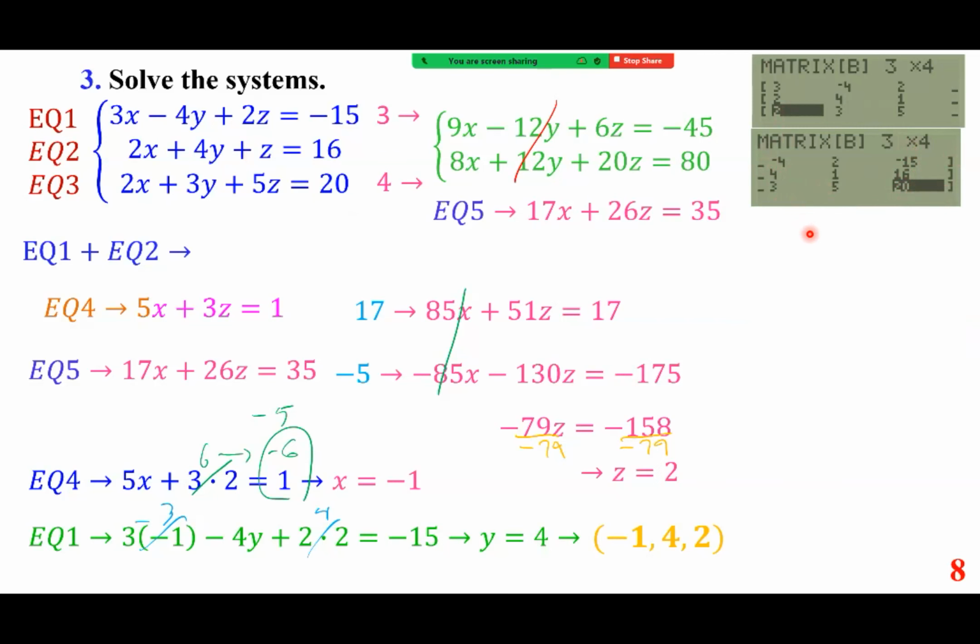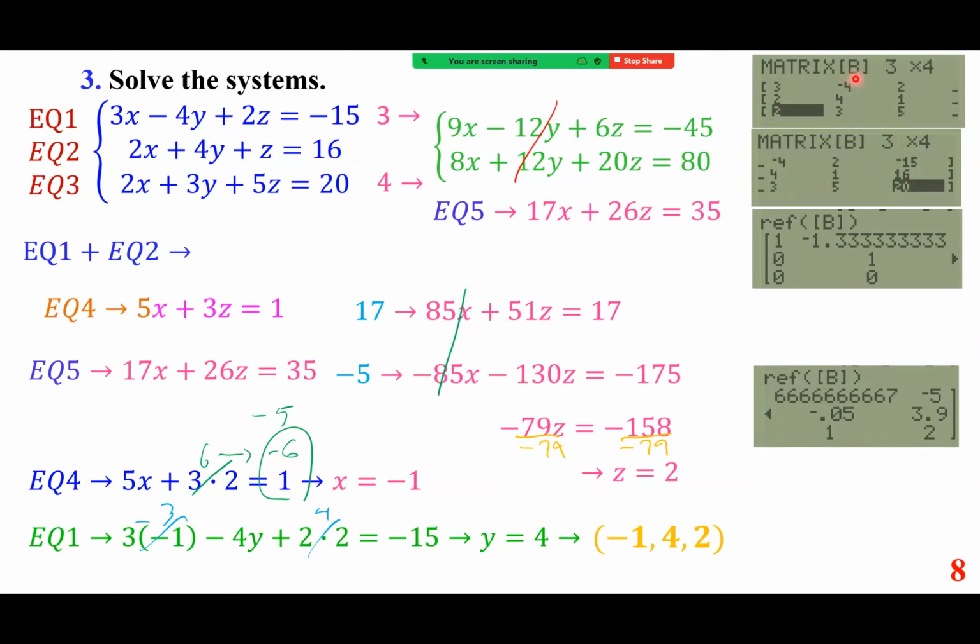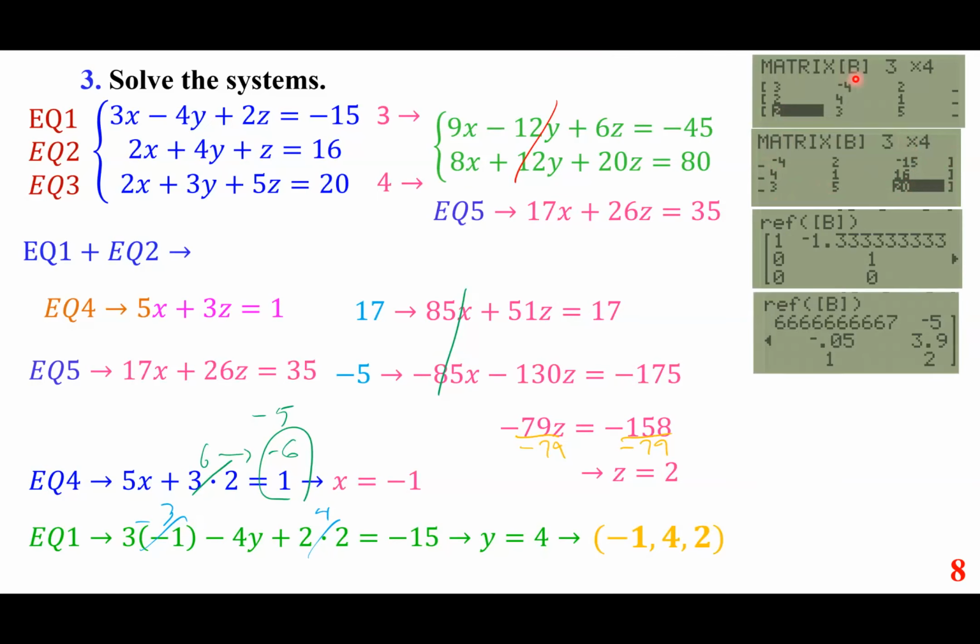So I call this matrix B. I put this in matrix B. Now I'm going to do REF on B. If I do that, what happens is that this is the last one, everybody. And so that means z equals 2, and then you have to figure out the rest of them, okay? So this one is 1, and it's minus 0.5 equals 3.9. So you can find it, but